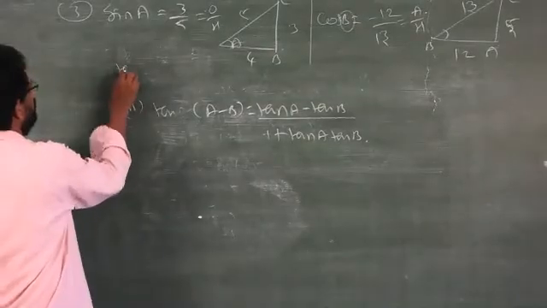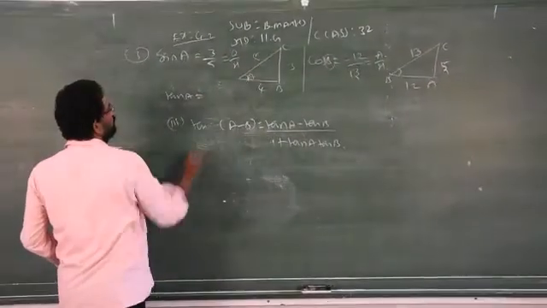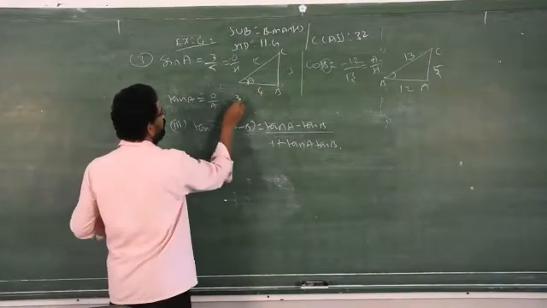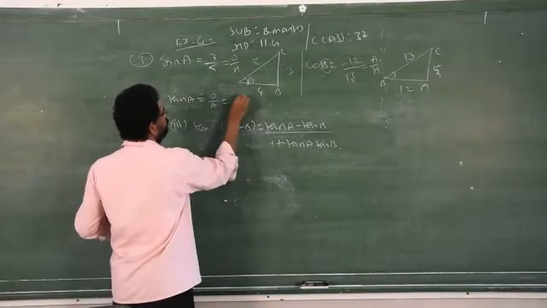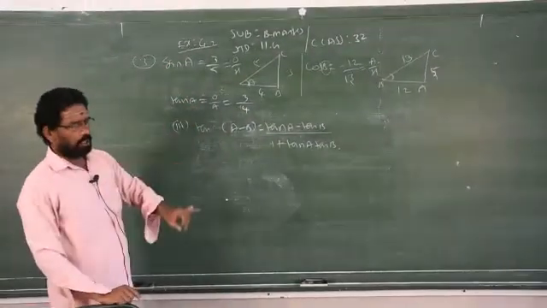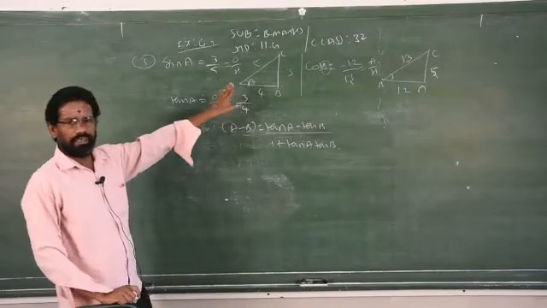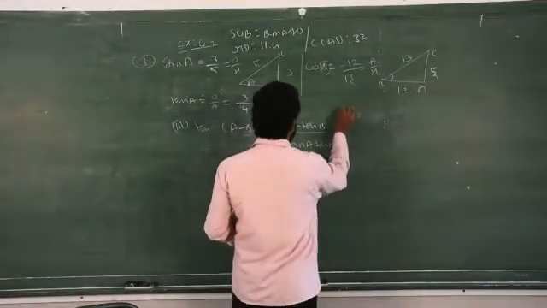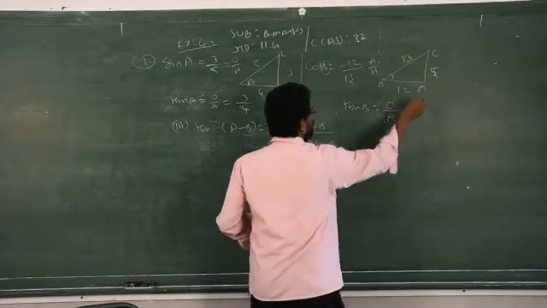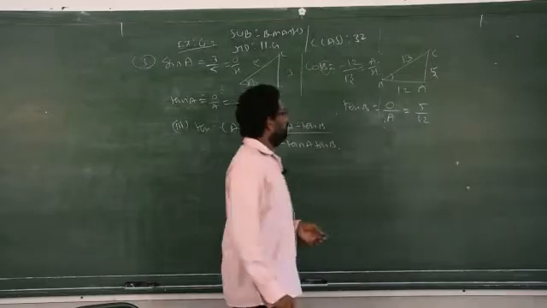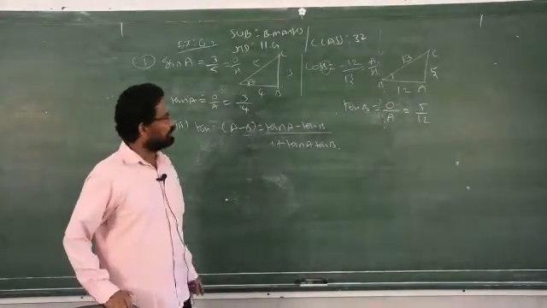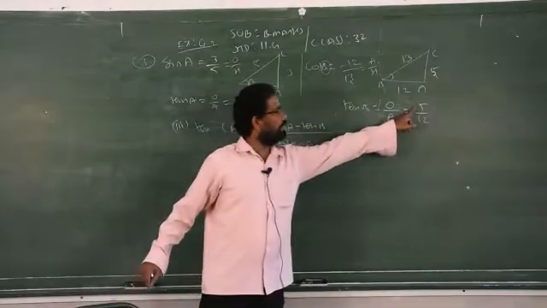So first you have to find tan A from the diagram. What is the formula? Opposite by adjacent. What is the opposite side? 3. 3 by 4. That's all. Here A comes under the first quadrant, all the ratios are positive, so no need to introduce a negative sign. Whereas for tan B, what is the formula? Opposite by adjacent. What is the opposite side? 5 by 12. Here tan B lies in which quadrant? Third quadrant. In the third quadrant, which one is positive? Tan is positive, therefore no need to write a minus sign.